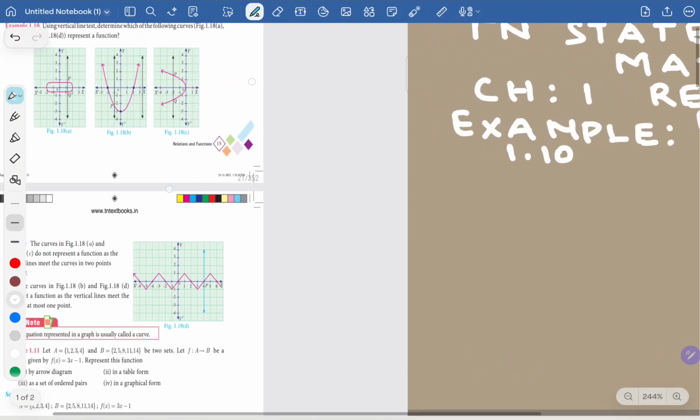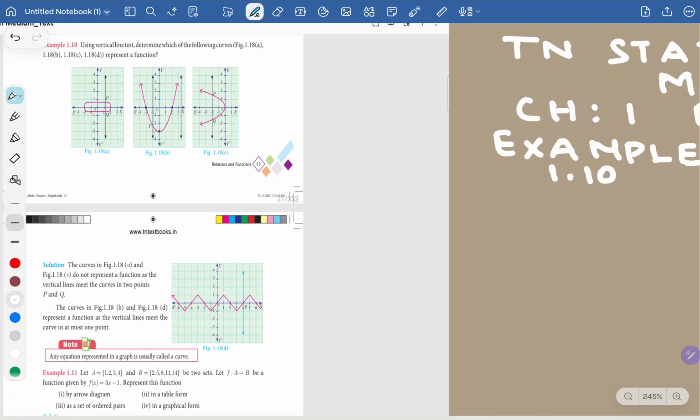Example 1.10 states: using the vertical line test, determine which of the following curves represent a function. 4 graphs are given: 1.18a, 1.18b, 1.18c, 1.18d. We have to check which graph represents a function. In the first graph,